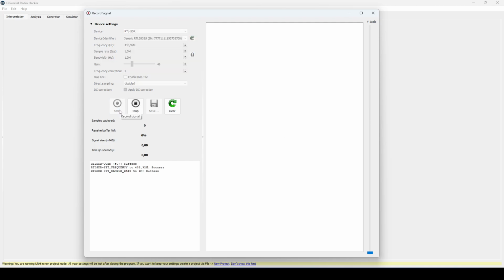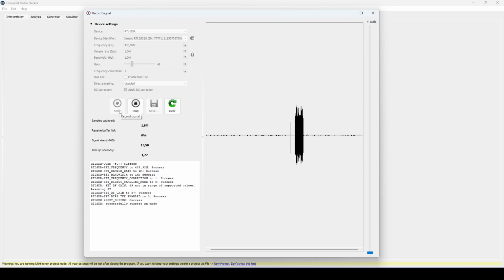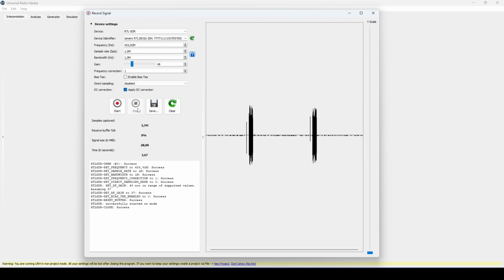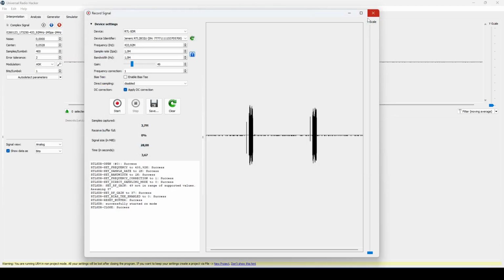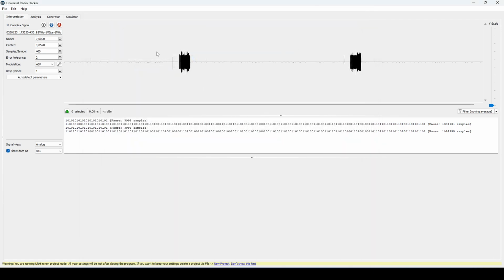You press the button of the key fob, one press, two press, and you stop. Save the file, close, it will be automatically open. Just